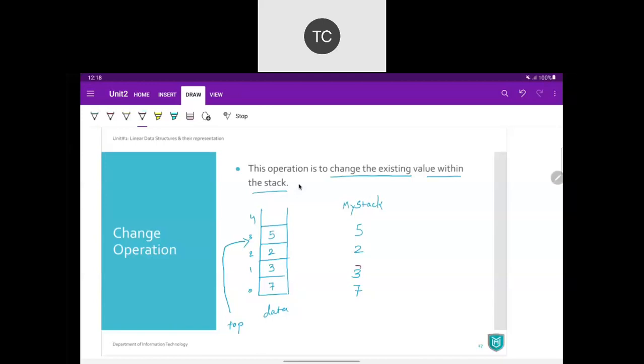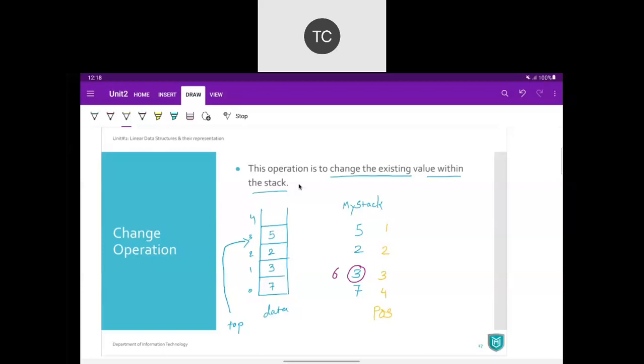If user wants to update this value 3 and make it, let's say, 6, 3 की जगह पे उसको 6 करना है, then what user will do? Well, user doesn't know indexes। यूजर को इंडेक्स पता नहीं है। यूजर तो पोजीशन कैलकुलेट कर सकता है, the topmost position is 1, 2, 3, 4, दिस इज द पोजीशन। तो यूजर ये पोजीशन कैलकुलेट कर सकता है।